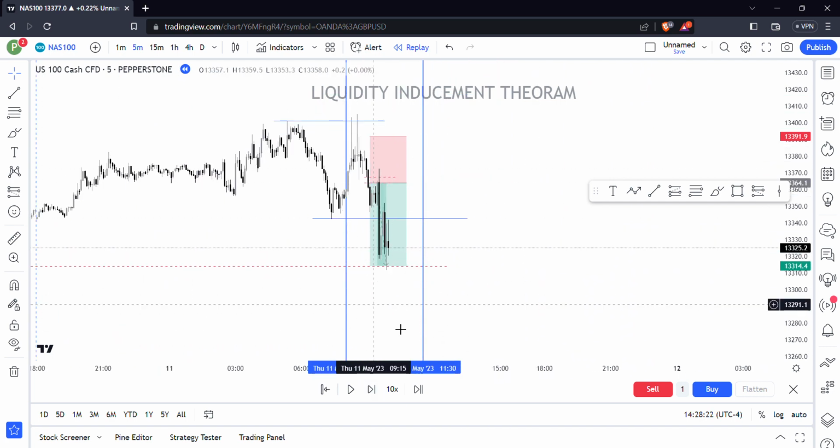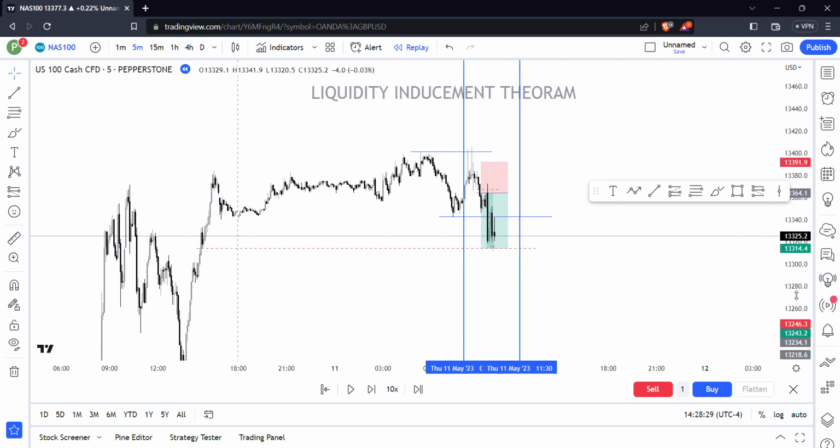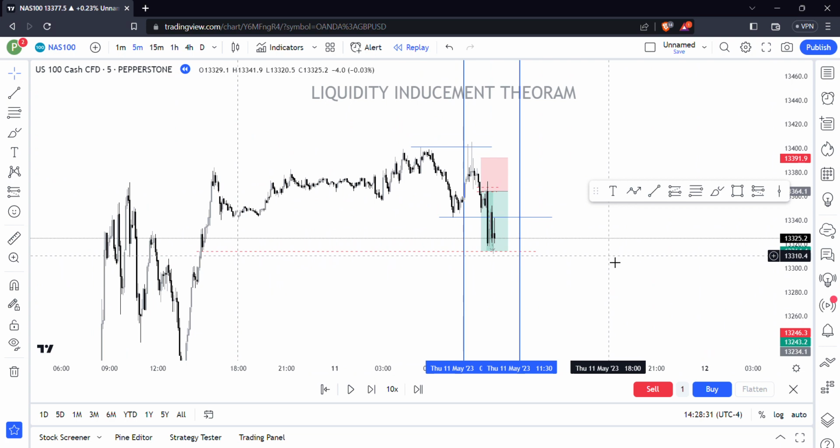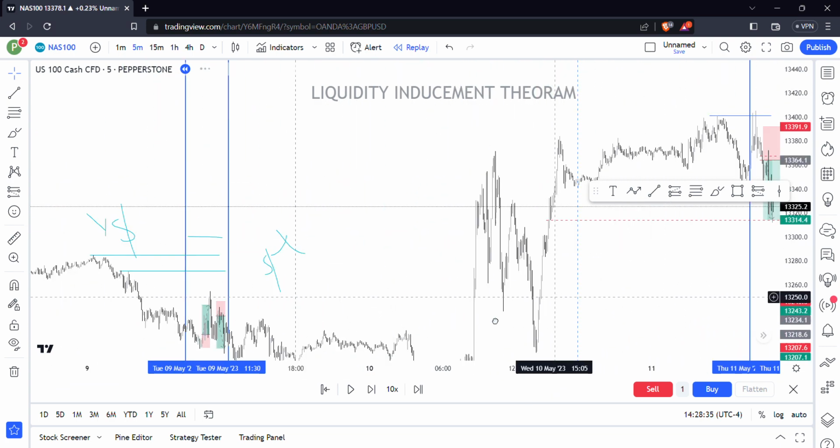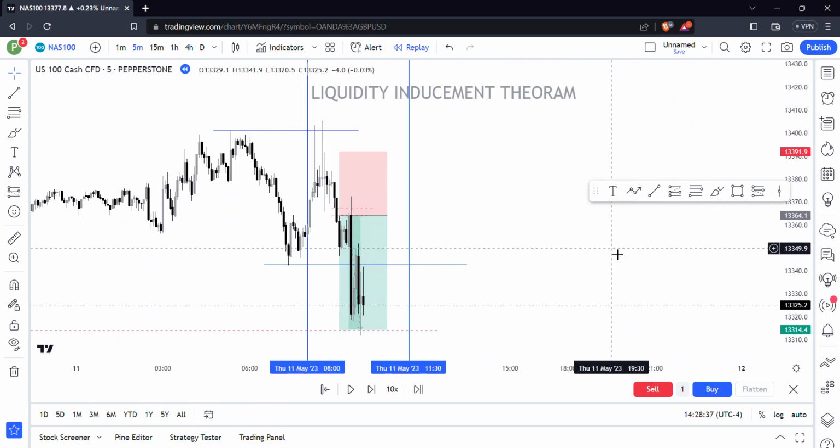See guys, simple, very simple trades. If you can master this simple strategy, you can be profitable enough. These trades occur on a daily basis. Daily it will occur once or twice. See, I will explain how the checklist will work.